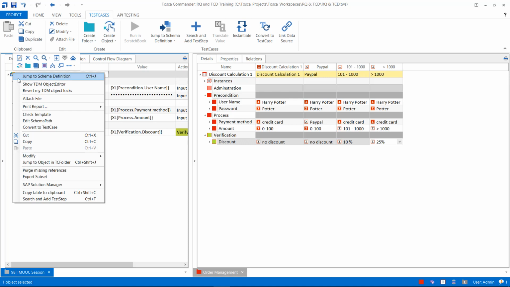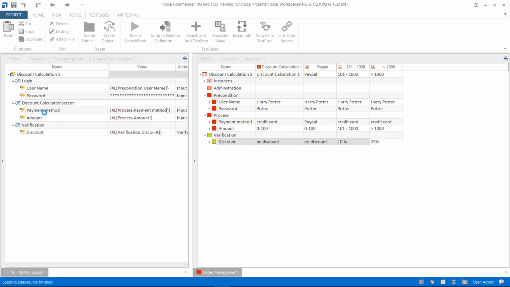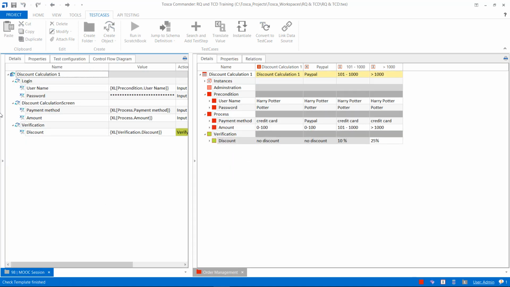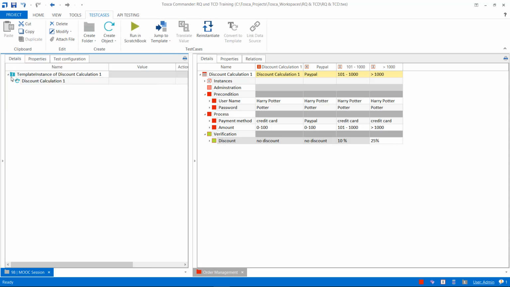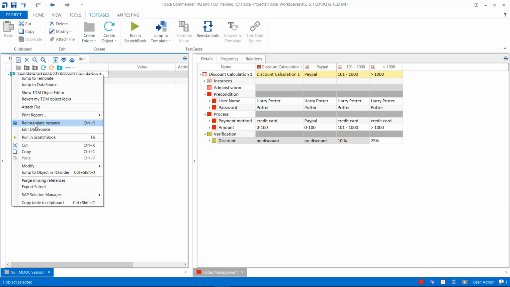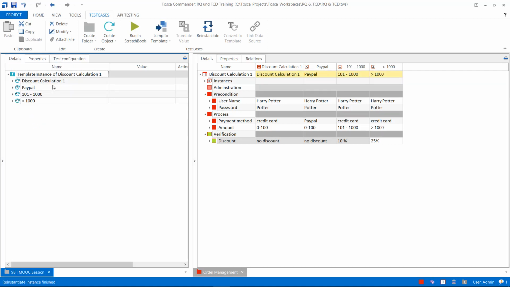I will again check my template. No errors found, and I can easily reinstantiate my instance in the template instance folder. The name is not done properly, but as first draft, you can now see I have my test case design here,